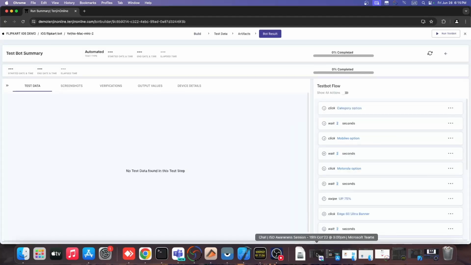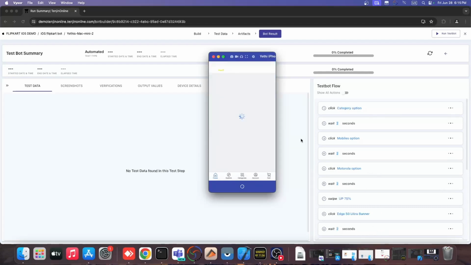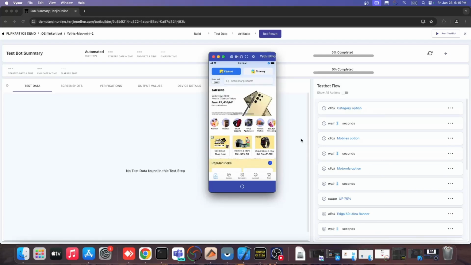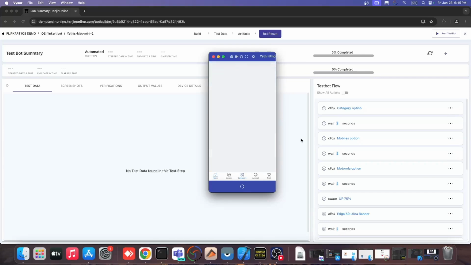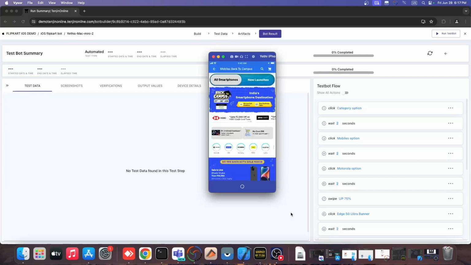Once I click on run, you'll be able to see the screen here where the application will automatically launch and execute each and every action one after the other. So here you can see the actions are being